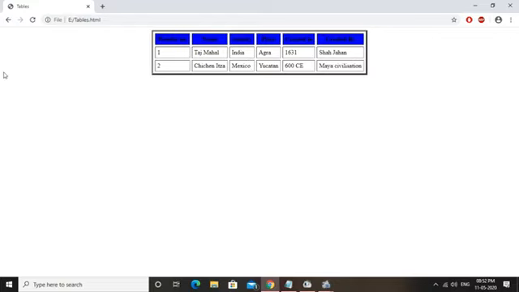Now, yes, look at here, we have used the table tag. Within the table tag we used alignment center, so it means the table appears in the center of the web page. Now you can understand the cell padding and cell spacing. Cell padding means adding space between the cell value and the cell edges. This is the cell edge and this is the cell value. So with the help of cell padding we can give space between the cell value and the cell edges.